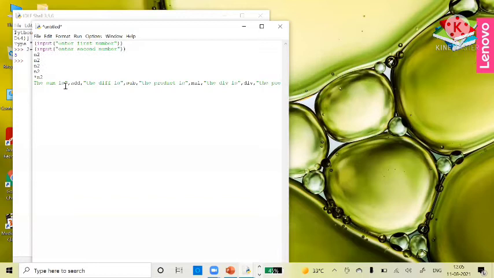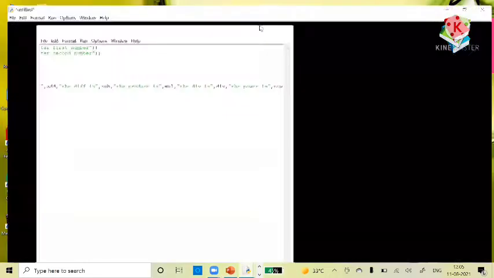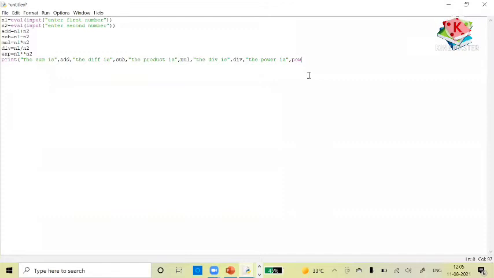The power is, you will write POW, right? So I think that we should not take POW. Actually, it's already an inbuilt function. So actually we have taken EXP, name of the variable.